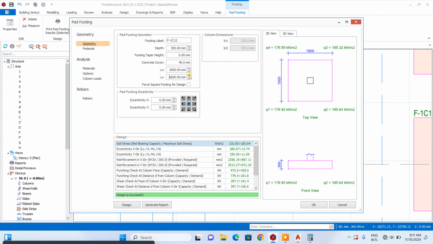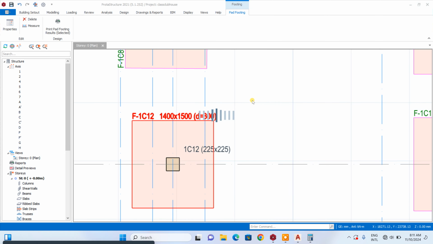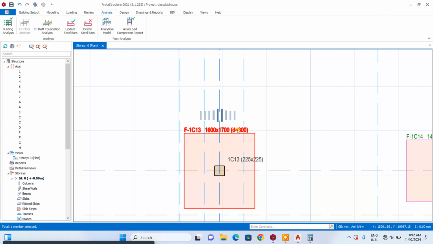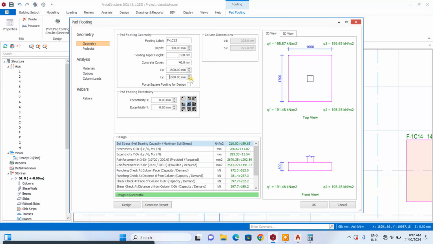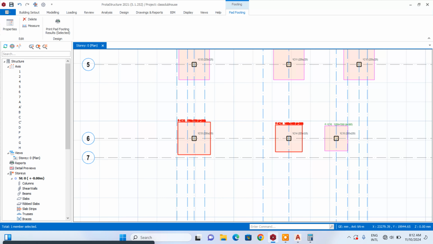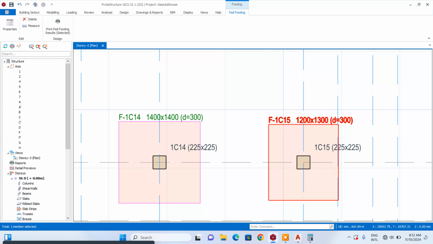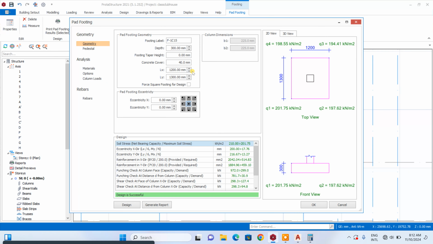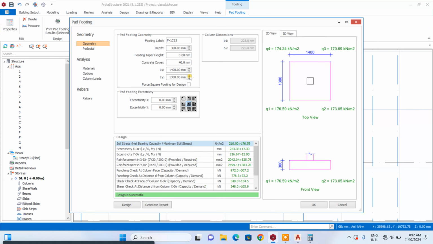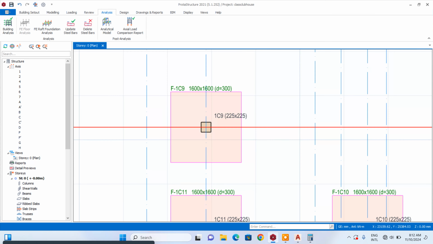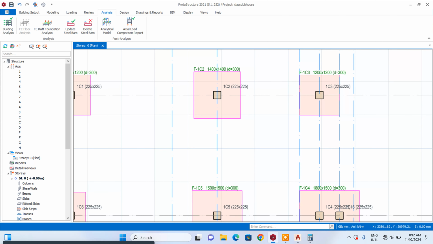It all depends on you, the structural engineer. This can be 1, 6 by 1, 6. Let us try. I want it to be square, so 1, 7 by 1, 7. 1, 4. These two can be 1, 4. 1, 4. 1, 4. Okay. So we are done. So the next thing we do is to